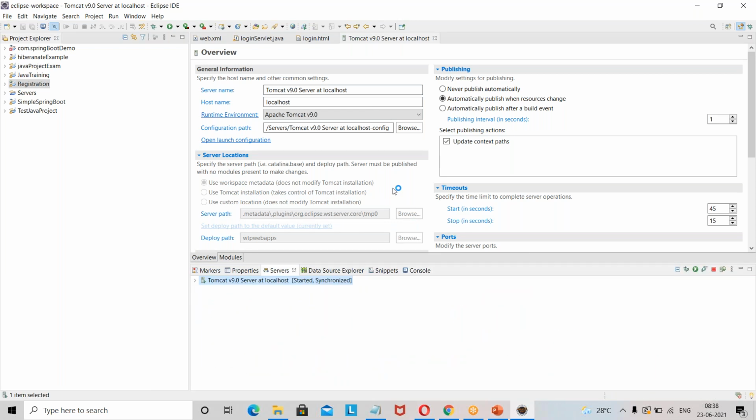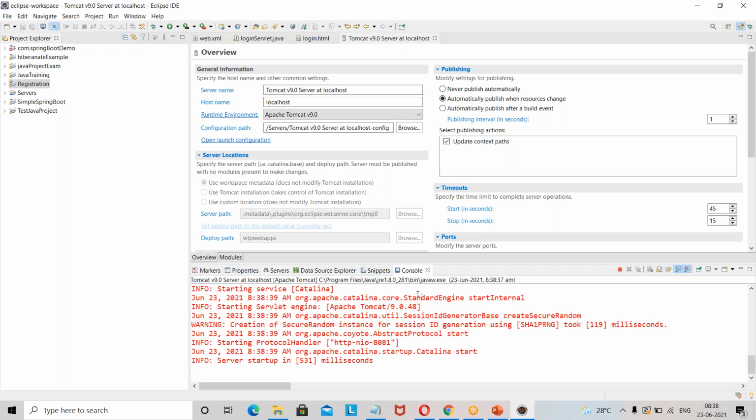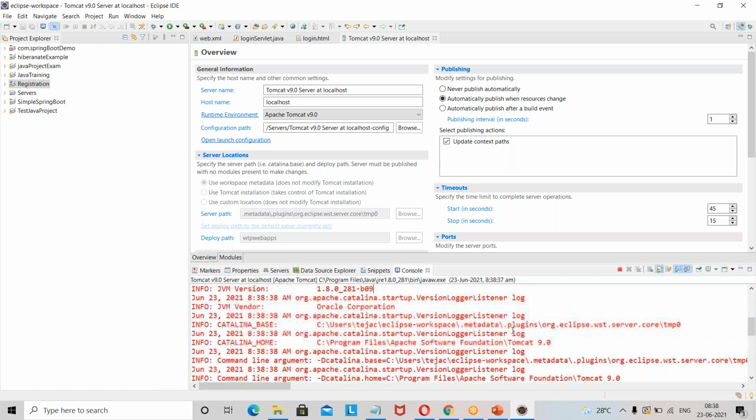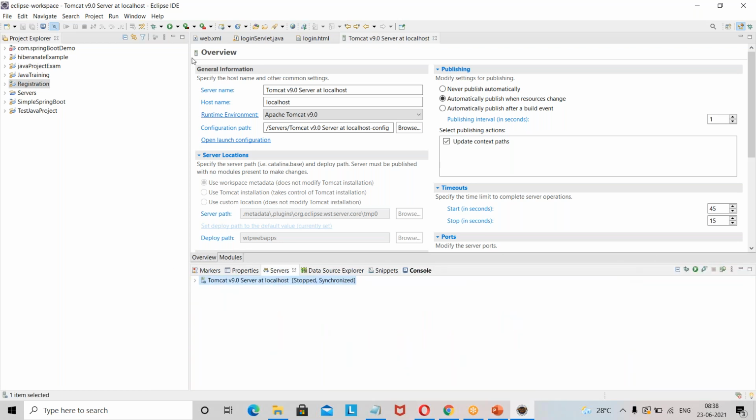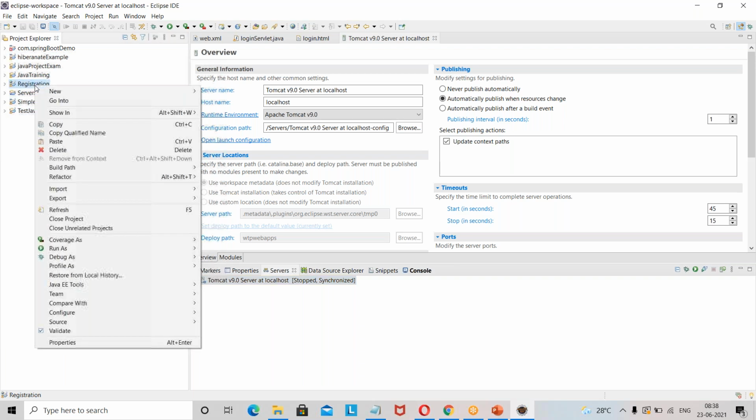Now it started. Thank you. It got started. So 8080 is already reserved for something. Yeah, I think 8080 port is already reserved for something in Windows.